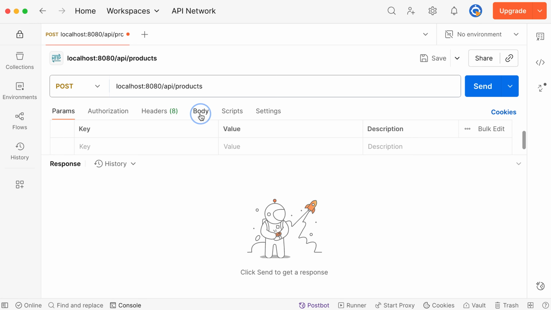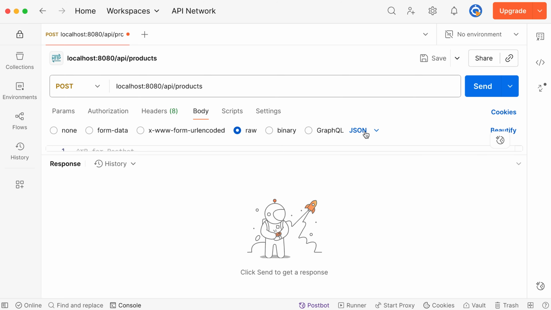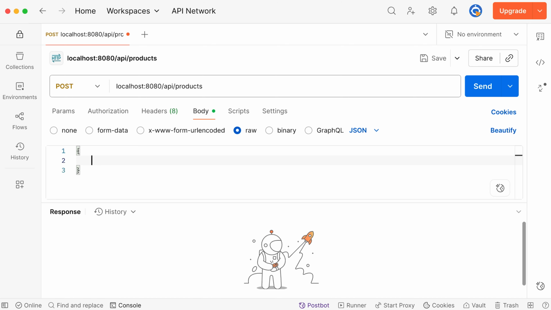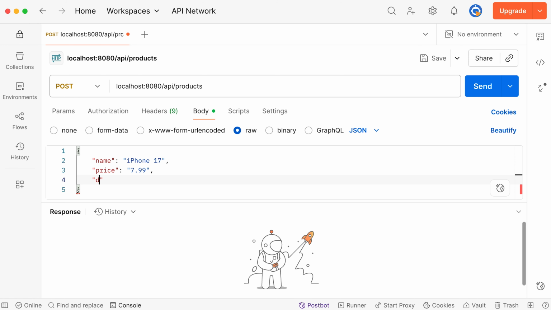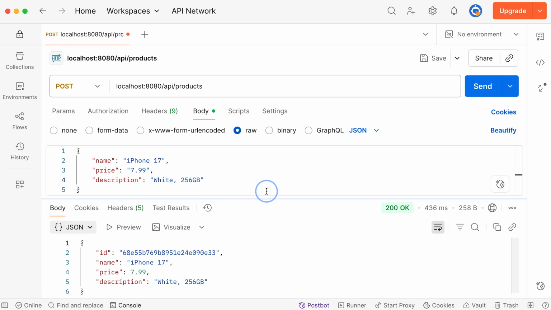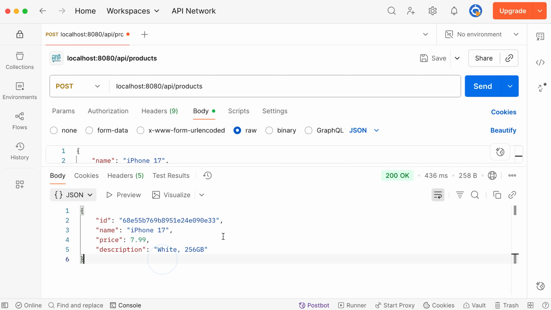Now navigate to this body tab, select raw and select JSON from this drop down. Here provide the product as JSON. First we'll provide the name of the product. Let's say it is iPhone 17 and price $7.99 and description. Let's say it's white and 256 GB of storage. Now if we send this request, in the response we have this product and this ID is automatically generated,